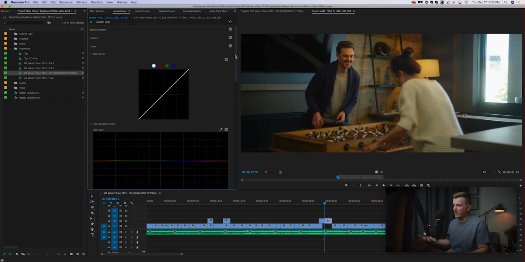Now, the first tool is going to be your curves tool. There's two different types of curves. There's RGB curves, and then there's hue saturation curves. So first I'm going to talk about the RGB curves. This right here is an RGB curve, and basically we have the ability to set the exposure of our image based on midtones, shadows, highlights, different exposure areas of the image,